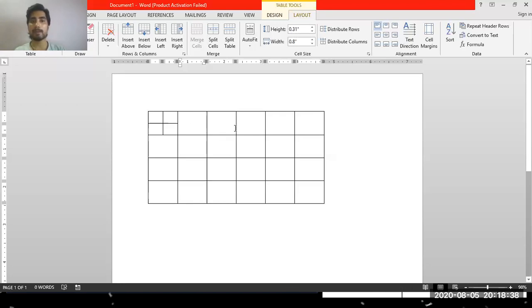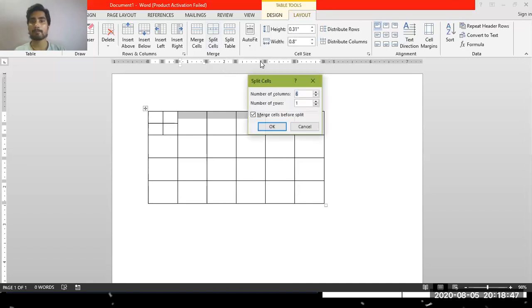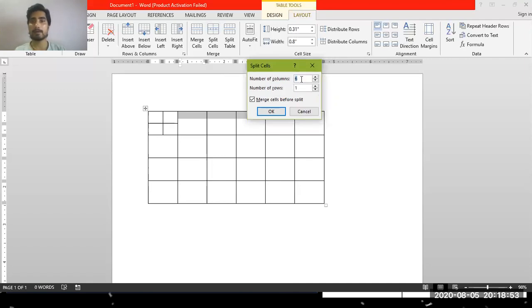Now suppose you want to divide 3 cells together. So let's select three cells together. Click on the split cells option in the layout tab, and then in the split cells dialog box, you can mention the number of columns and rows. It is written 6 columns because each cell will be divided into 2 columns. So 3 cells are selected, that means 3 into 2, that is 6 columns. So if we divide this, it will be divided into 6 columns and 2 rows, not more than that. For example, let's select 3 rows here.